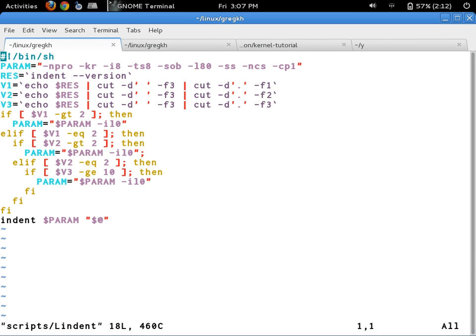This will run the tool indent with the proper settings for it. Don't